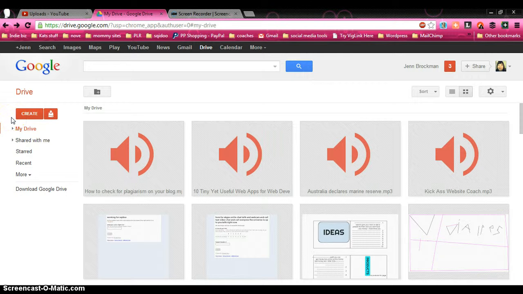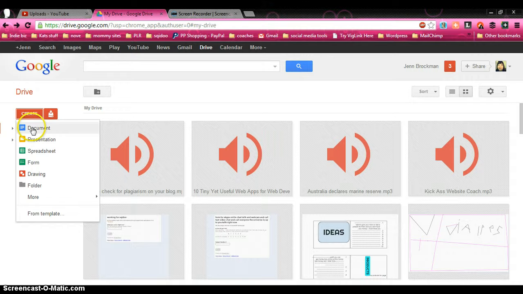So I'm inside of my Google account and I have gone to my Google Drive, and it takes you to this opening page. And I'm going to go over here to the Create button, and you can see when I click on it, I have options to make different things. What we're looking for here is to create a form. And we're just going to click on that. Brings up a new window,